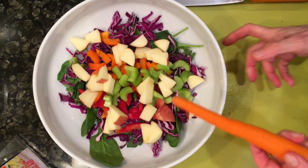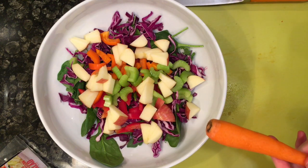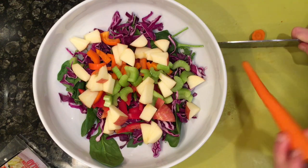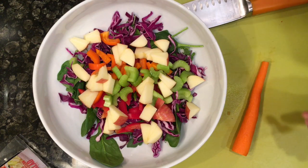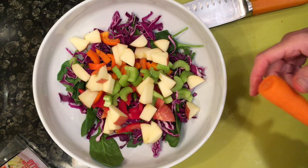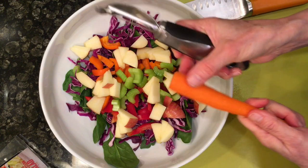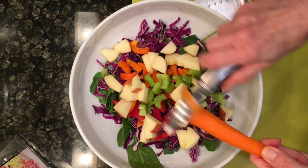I'm going to show you the way I do a carrot for this salad. I mean, you can do a carrot any way you want. But what I like to do is first cut the ends off because I didn't do that. I already peeled it. You don't have to peel it. You can scrub it with your vegetable scrubber and not peel it, so you still have all that good nutrients that are in the skin. So what I'm going to do is get some ribbons off of the carrot, so I'm going to use the thick end and my vegetable peeler, and I'm just going to go like this